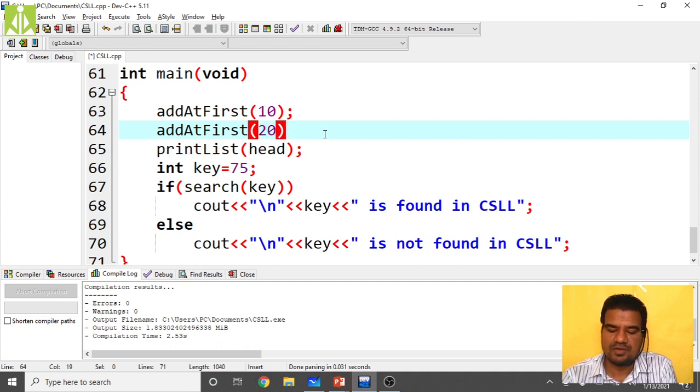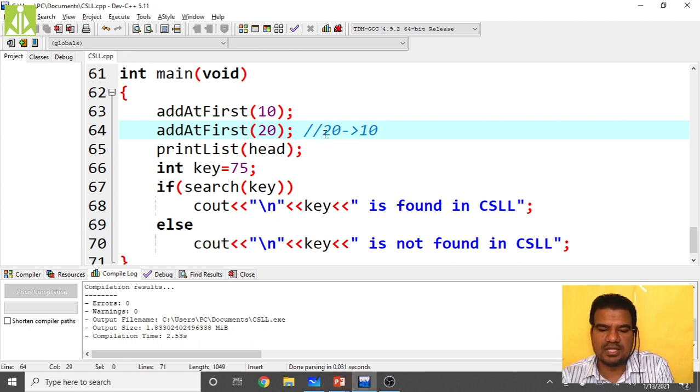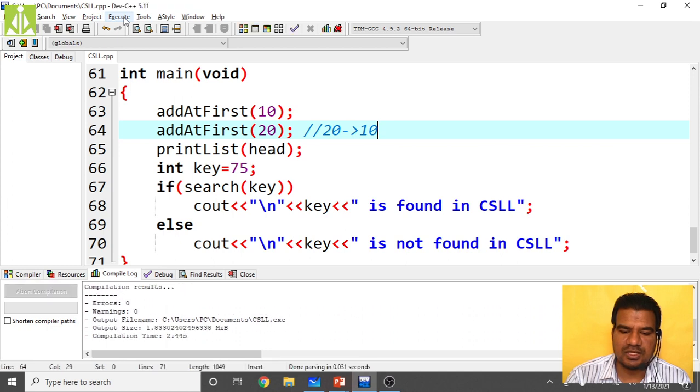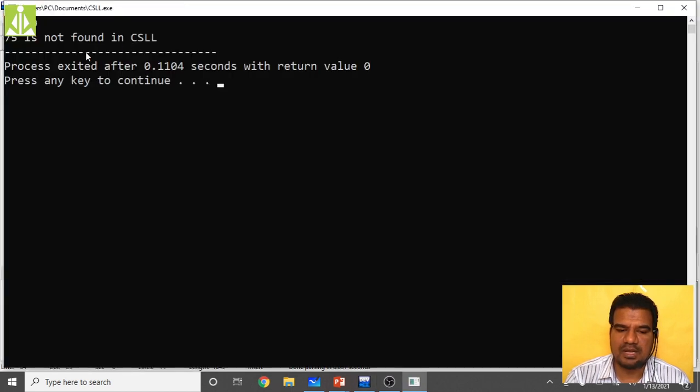How should my CSLL look after adding 20 at the first location? 20 then 10, and 75 should not be found. Compilation is over, and executing: we get 20, 10, and 75 is not found in the CSLL.